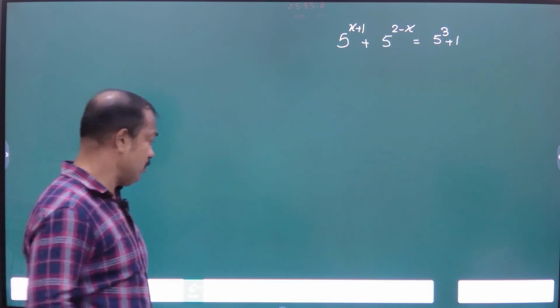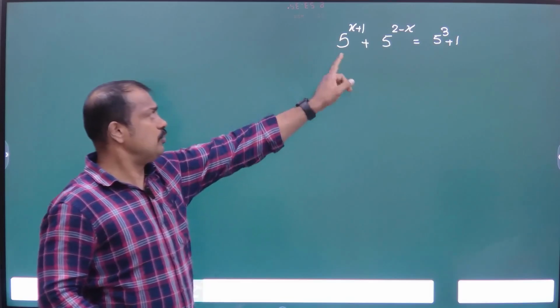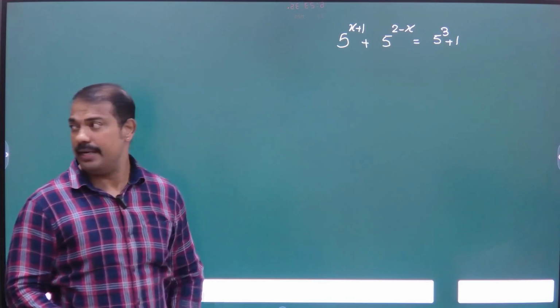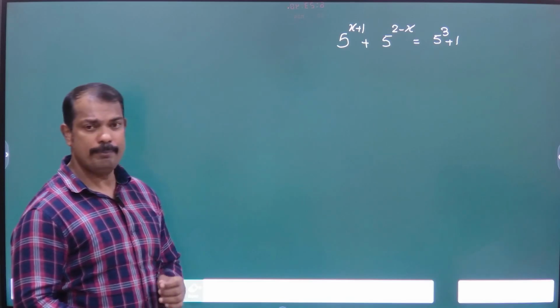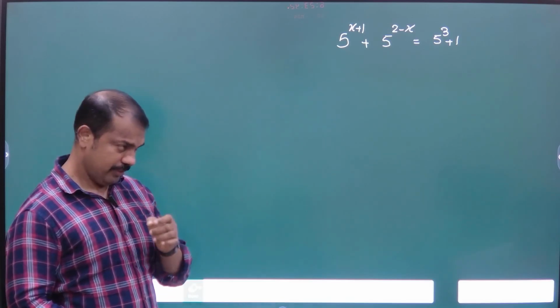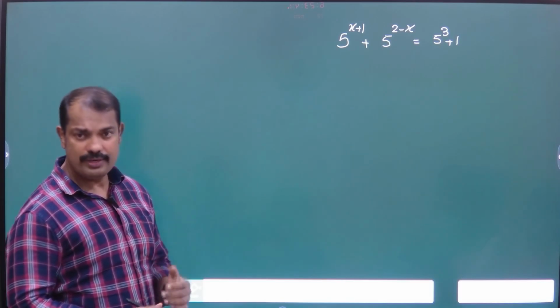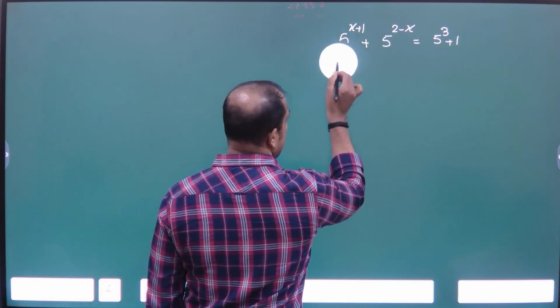Question: solve 5 raised to power x plus 1 plus 5 raised to power 2 minus x is equal to 5q plus 1. First apply the law of exponent. According to the law of exponent, we can write it in the form of,